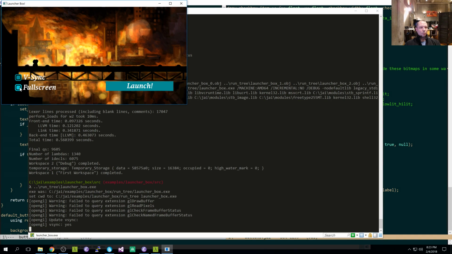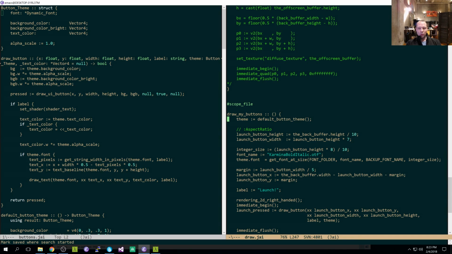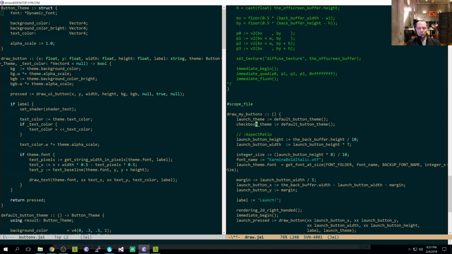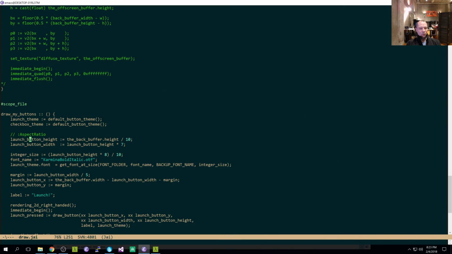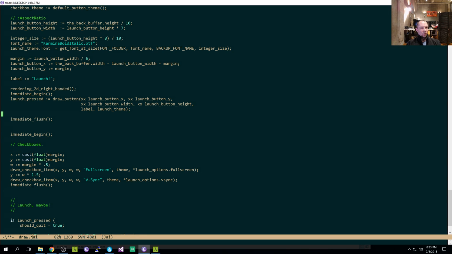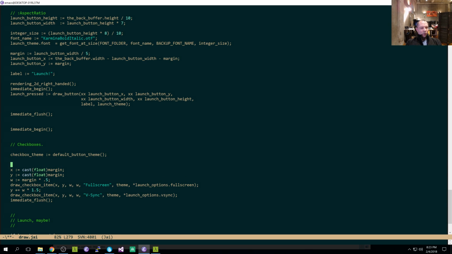So now in the program, so we make a theme, launch theme, and I'm going to make a checkbox theme also. Well, let's do it down here. Checkbox theme,